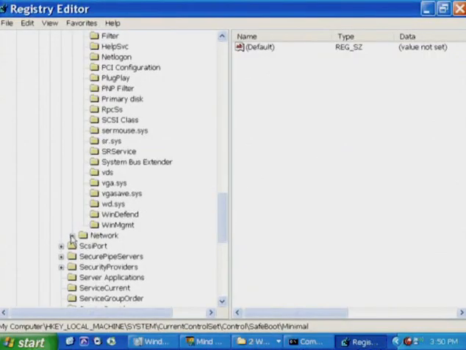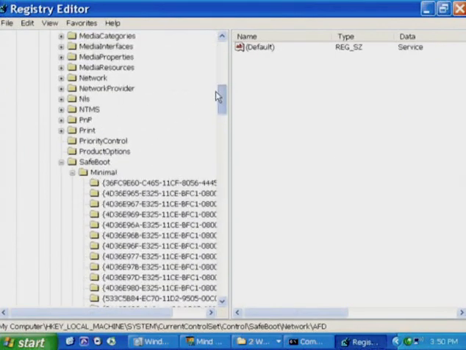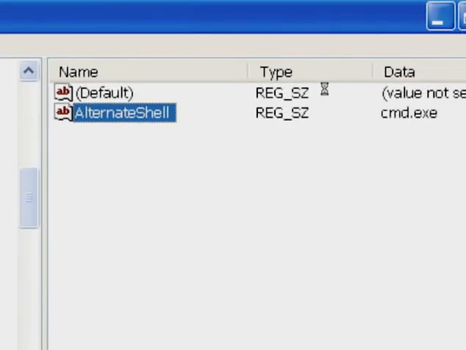If we look in the Network node, it has all the same contents as Minimal, except it has networking drivers like AFD, which is the Windows kernel mode sockets driver. What distinguishes safe mode from safe mode with command prompt is the value here, AlternateShell. And you can see the default here is cmd.exe. So instead of running Explorer, when you boot with safe mode with command prompt, it will actually load whatever program is listed there. So you could replace that with something else. In fact, in one of our labs, we just for fun changed that to sol.exe. We boot, press F8, choose safe mode with command prompt, and up comes Solitaire.